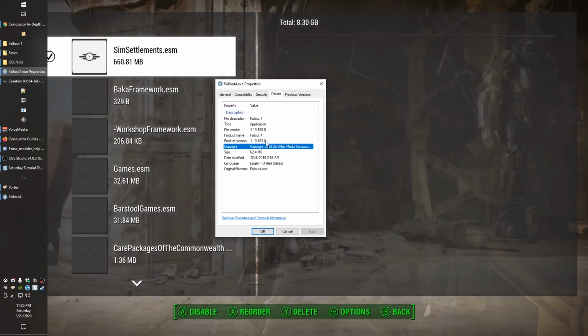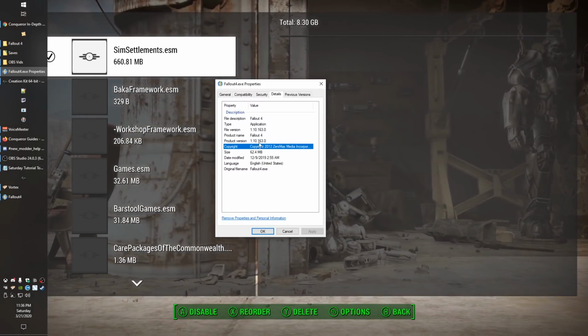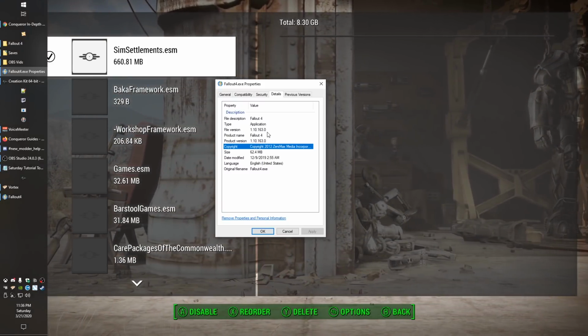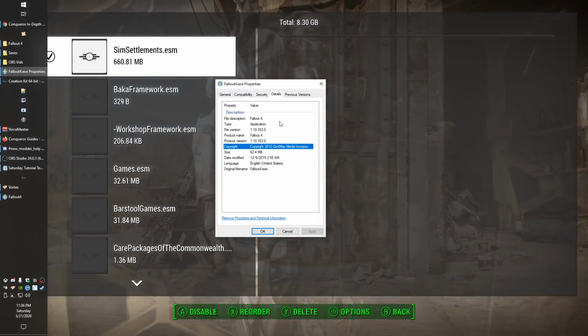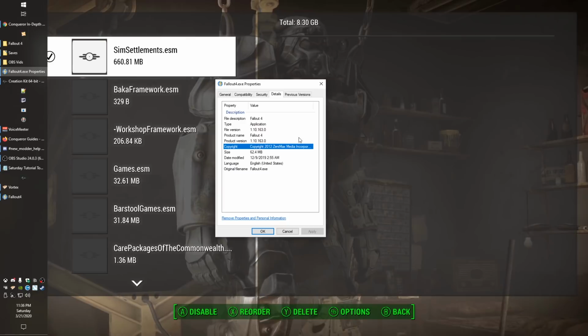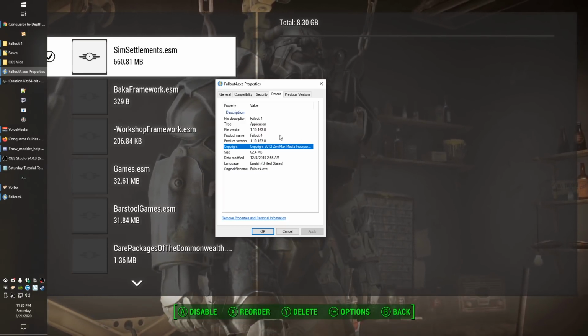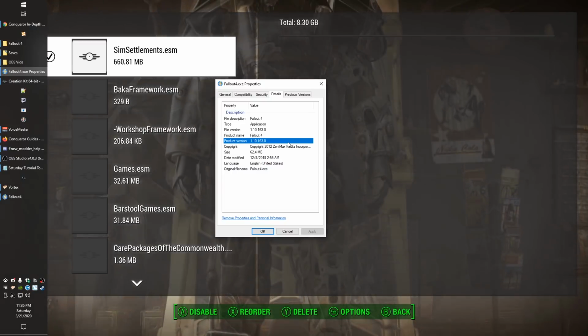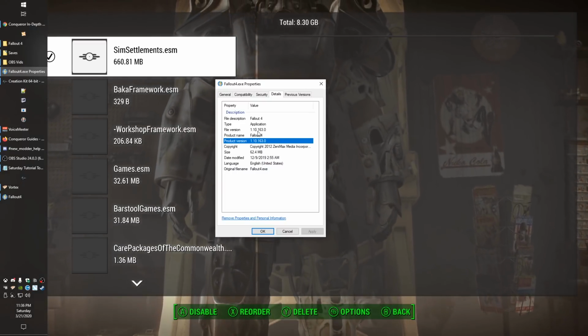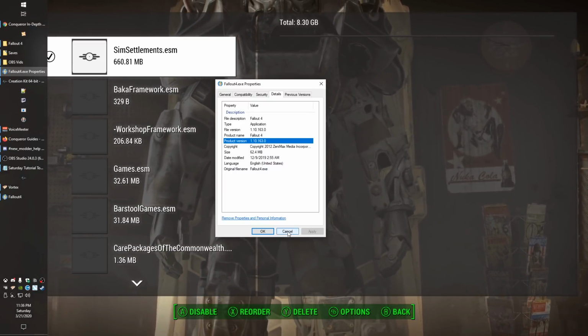So at the time of this recording, the current version of Fallout 4 is 1.10.163. You need to have 1.10.162 or higher if you're finding mods are doing this, where they're just unable to load into the game with them. This is a very common problem I've noticed. I think especially for people who have got a pirated copy of the game, because I think the pirated copy of the game doesn't go this high in version, and so you guys will not be able to load the